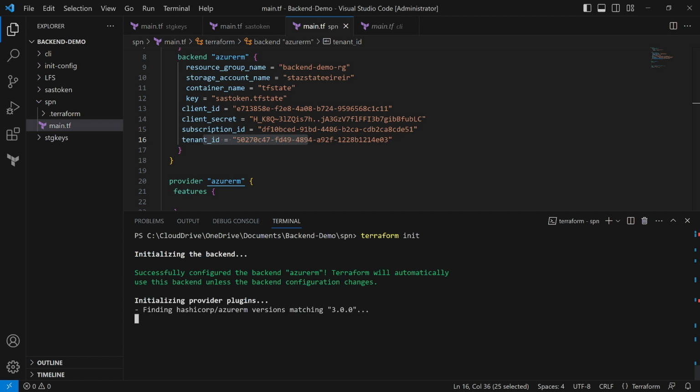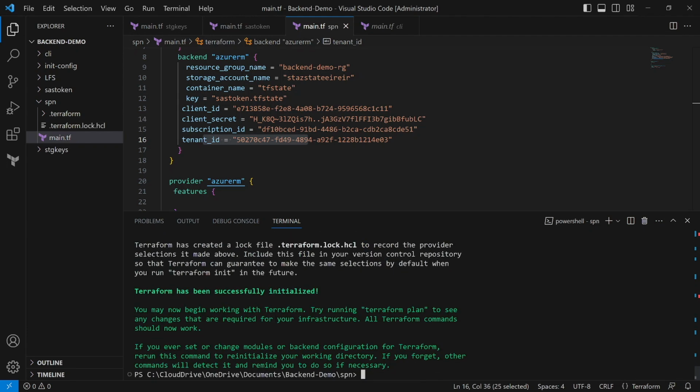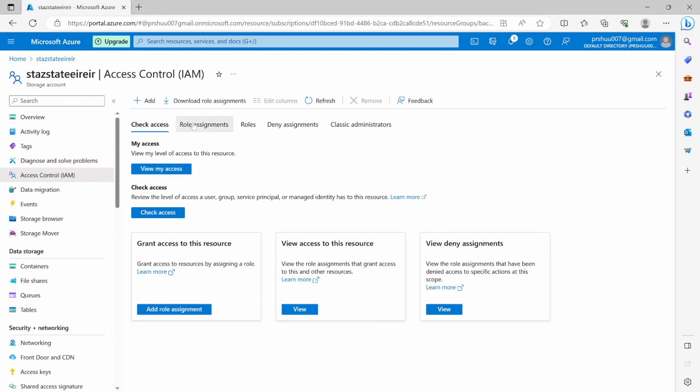Let's see, initializing the backend successfully configured. So that means the permission has been given and it is synchronized and granted. Now you can see Terraform has successfully initialized, but the problem is we have used the SAS token. This small mistake we have made, that we used the previous SAS token, so we cannot see any new